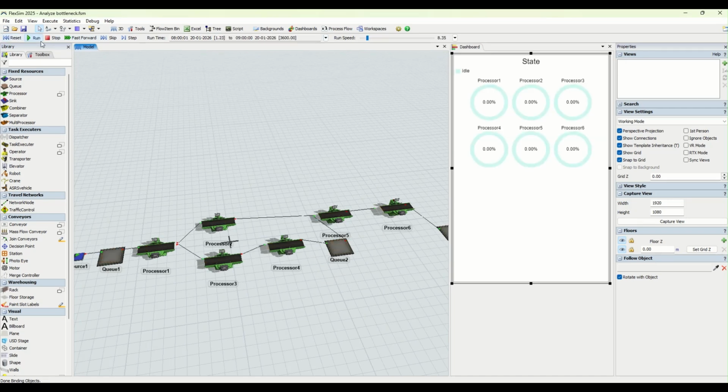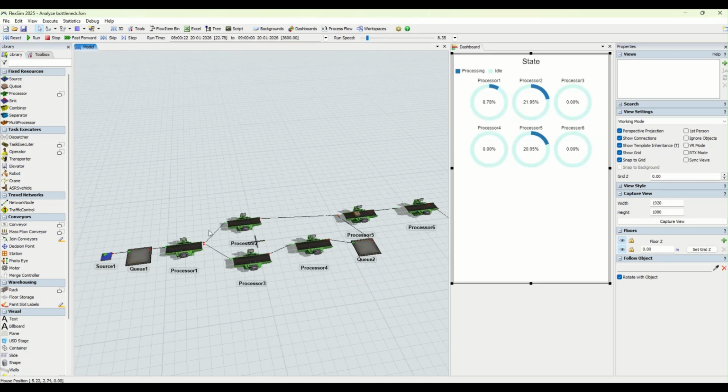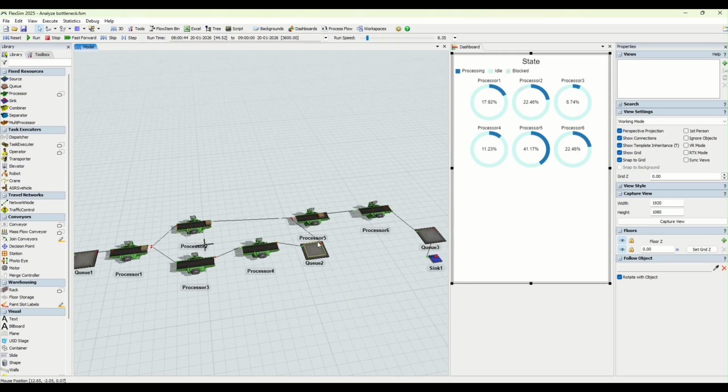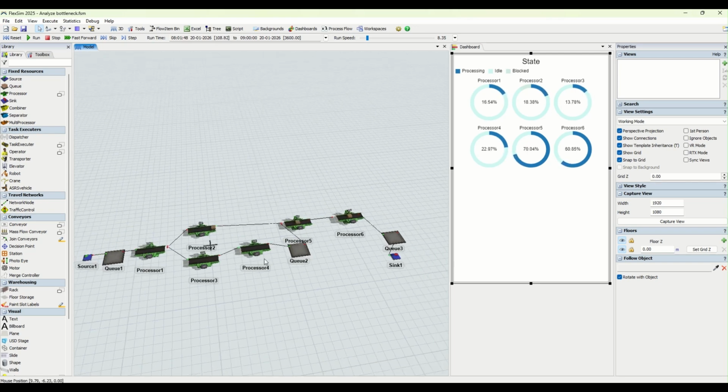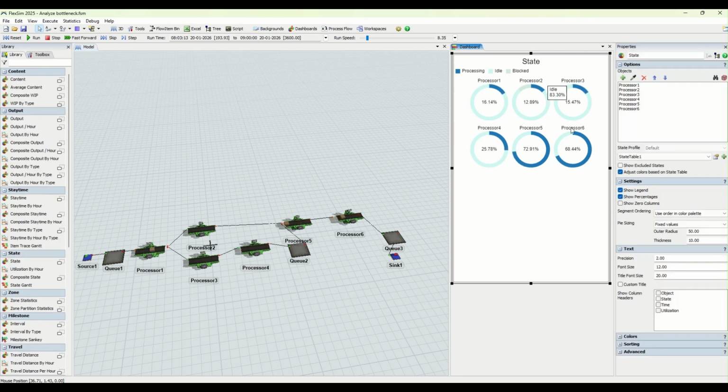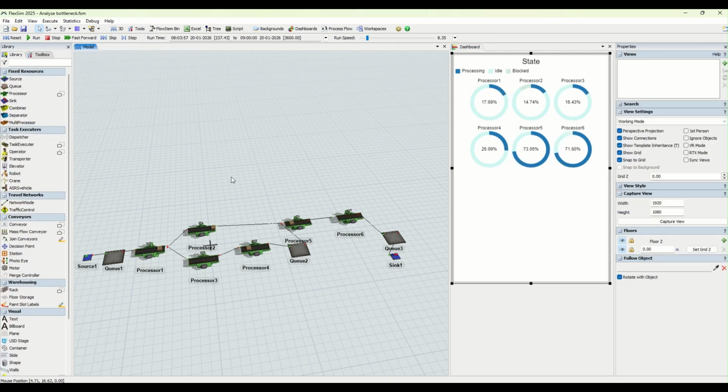So in the simulation environment in Flexsim, what we have created is a flow of machines through which the part flows, and there is some logic created to have multiple part bifurcations or clubbing of parts. The cycle times also have been applied differently for different processors, and you can see here a state analysis dashboard is available. So what we are going to do is export this state file as a CSV file, so we get all the data of this state dashboard as a CSV,